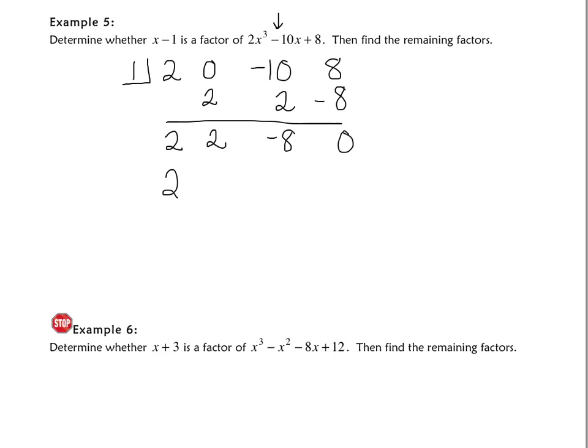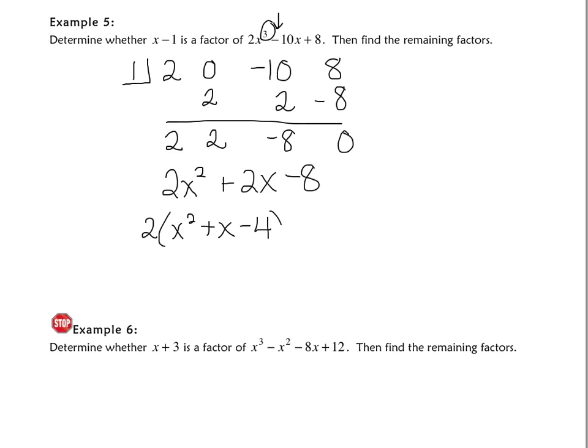So we take these numbers, we write it as a polynomial. It's going to be 2 and then x to the second, because we always lower the power by 1 from the original. We start with a cubic, now we have a squared, plus 2x minus 8. Alright, so we have to factor. First step of factoring is a GCF. This does have a GCF of 2, so we take a 2 out, and you have x squared plus x